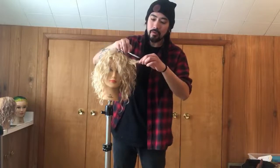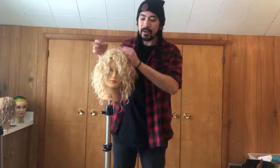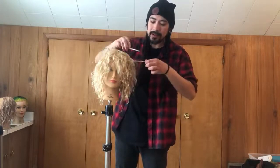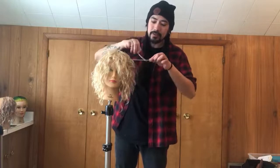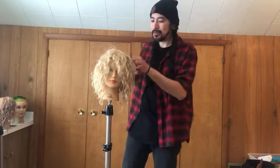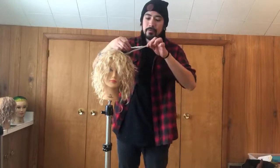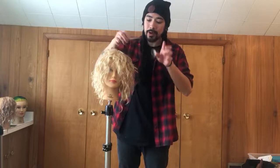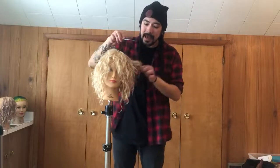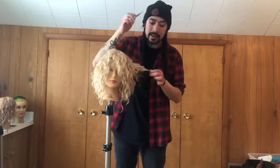I can do so much with someone that has a ton of hair, especially when it comes to weight removal, because there's so much more to play with. You know what I mean? You've got a lot more to work with when you're working with people with a lot of density, and so you can try things that you really might not be able to get away with on lower densities. So, yeah, I would say definitely tons of weight removal, but when it comes to the technique